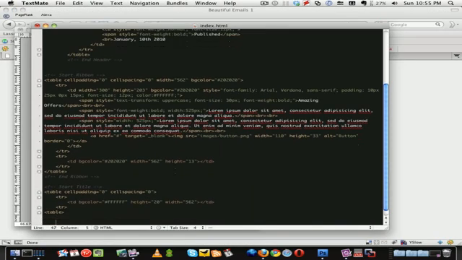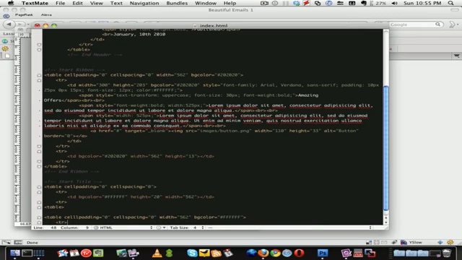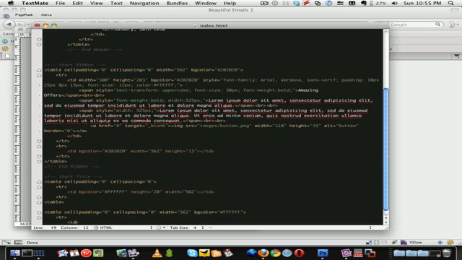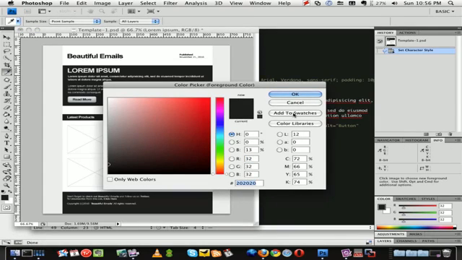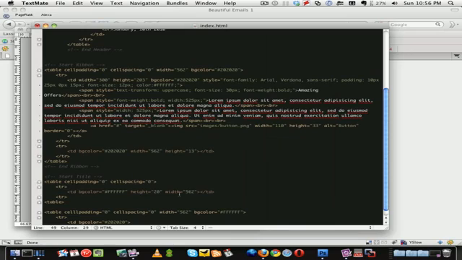So new table, cell padding 0, cell spacing 0, width of 562, background color white. Okay, now new row, new data tag, background color of the gray, so this gray. So select the eyedropper, click the section that you want. There's the color code 2020, paste that in. Okay,